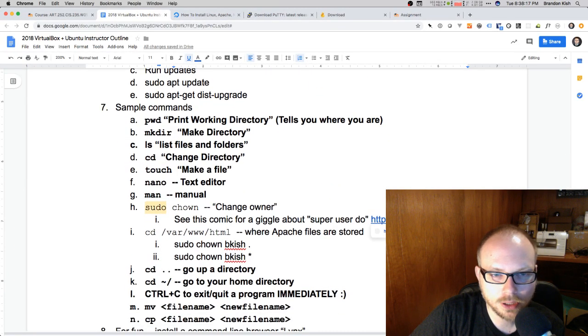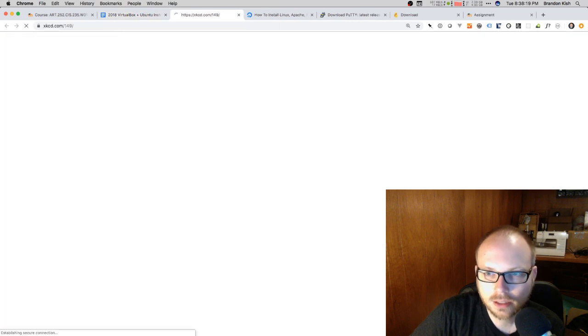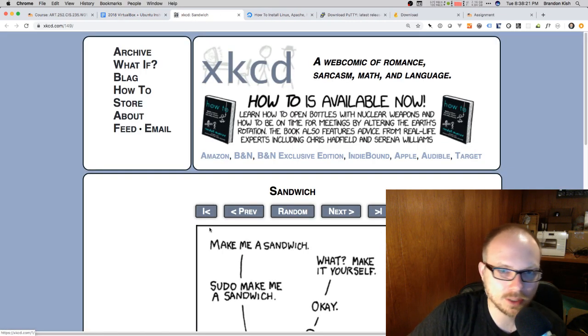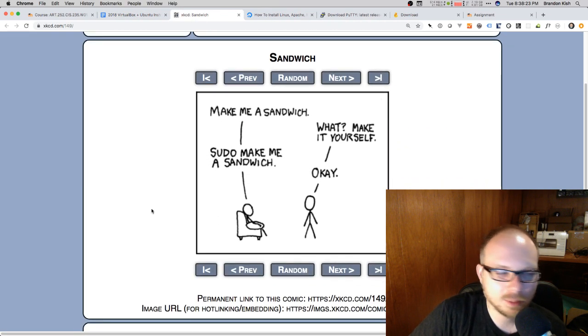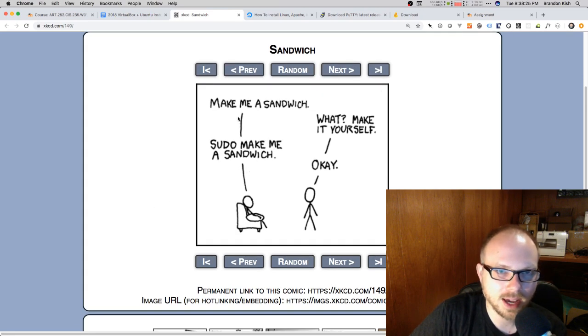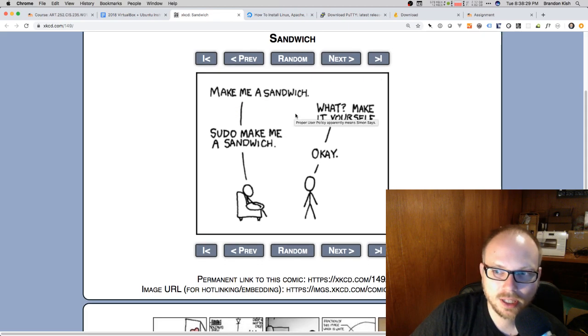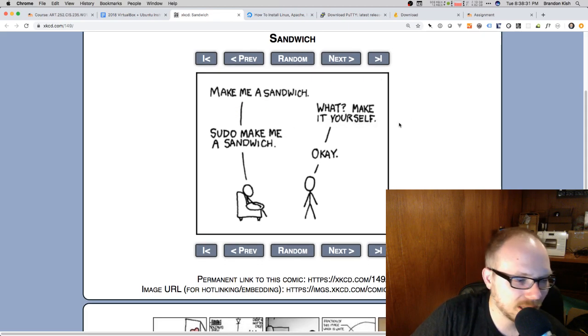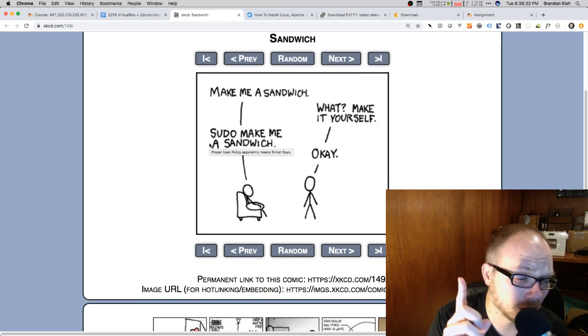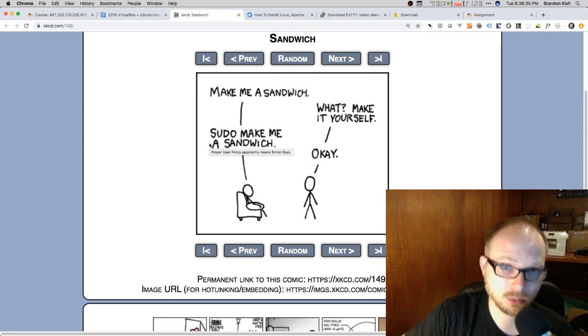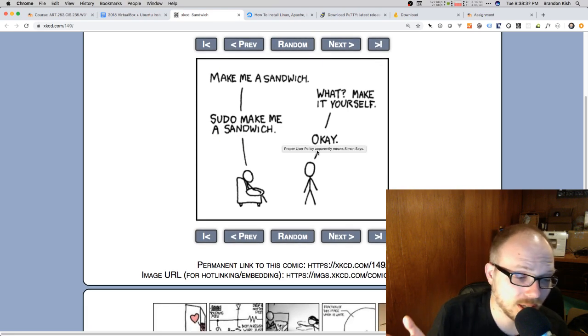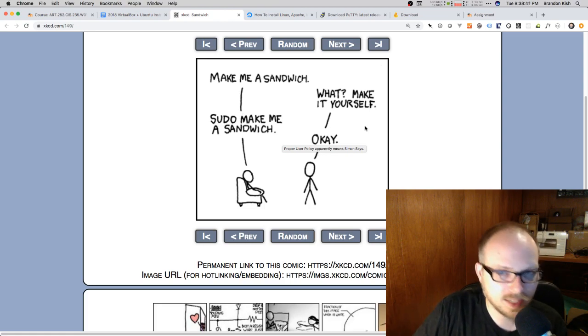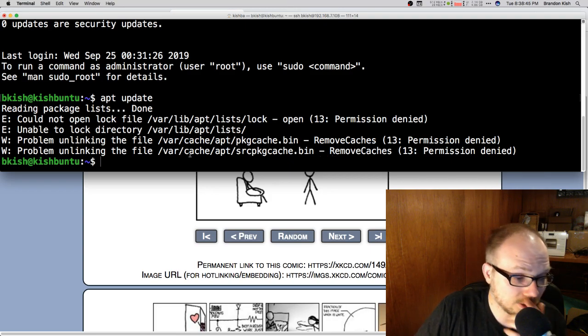right down here. XKCD number 149 is called Sandwich, and I think my friend has a t-shirt of this comic. Someone's sitting in a chair and they say, "Make me a sandwich," and someone says, "What? Make it yourself." The person replies, "Sudo make me a sandwich," and the person is forced to say, "Okay." Now it sounds a lot like Simon Says, like the alt text says here, but I like it just because